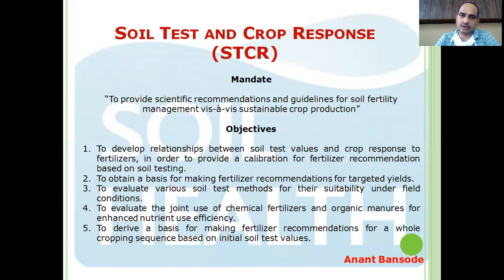Now, what this soil test and crop response method does is it develops a relationship between the values which are there on the soil test report and the response of the crop to the fertilizers. Now, it also takes into consideration the yield target for making fertilizer recommendation. Generally, in the last table, the average yield was taken as the target, but here we can have a 10% more target or 15% more targeted yield, and we can tune our fertilizer quantity according to the